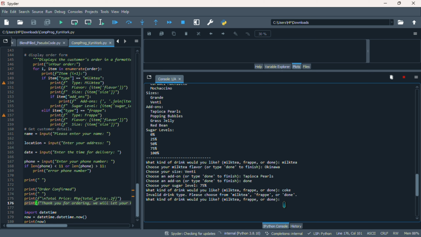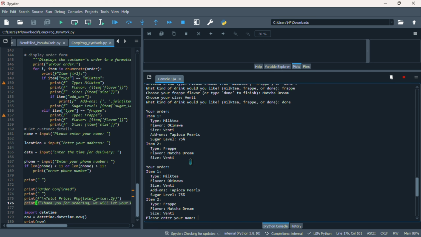Please choose from milk tea, frappe, or done. So let's choose frappe as our second item. Frappe flavor, size, and there we have it. The system will ask again if we are done ordering our items. So let's choose done.